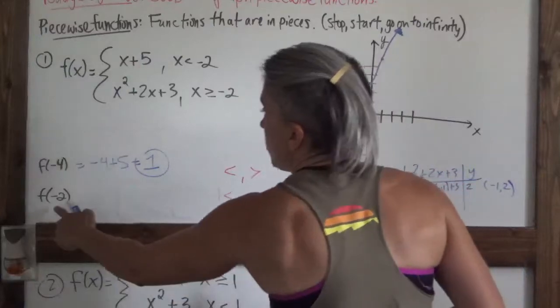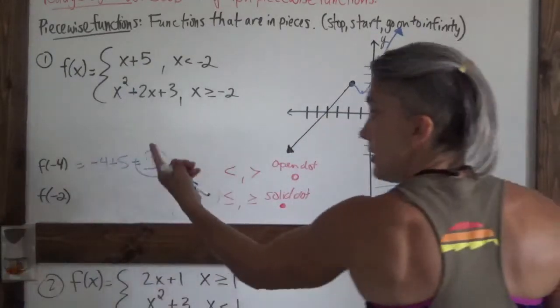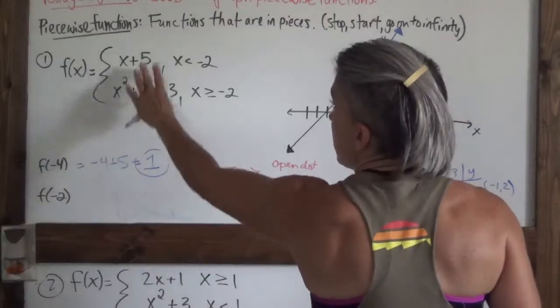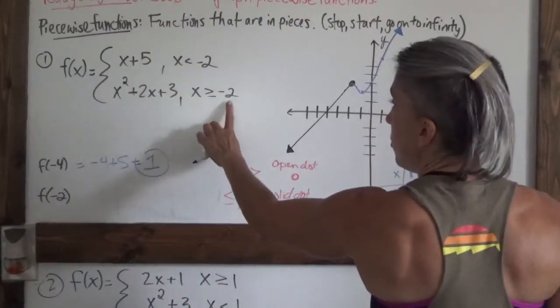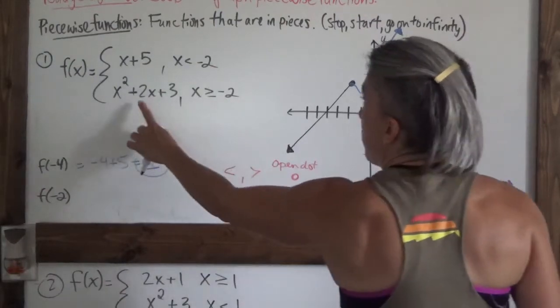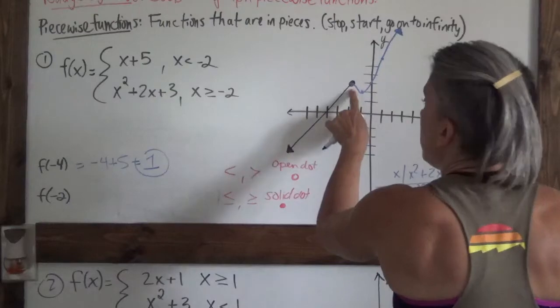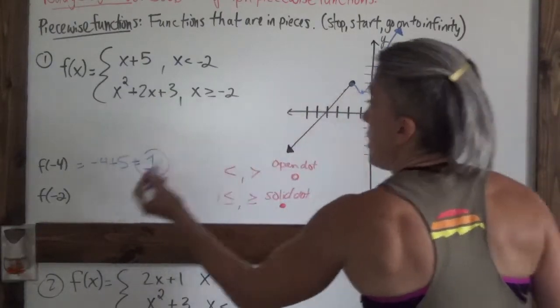Then I'm going to the next one, f of negative 2. I believe we did do that one. I erased it. Well, which function actually includes negative 2? It's this one here because it says it equals negative 2. And when we inputted that in, what did we get for negative 2? I believe we got our answer to be 3. Right,